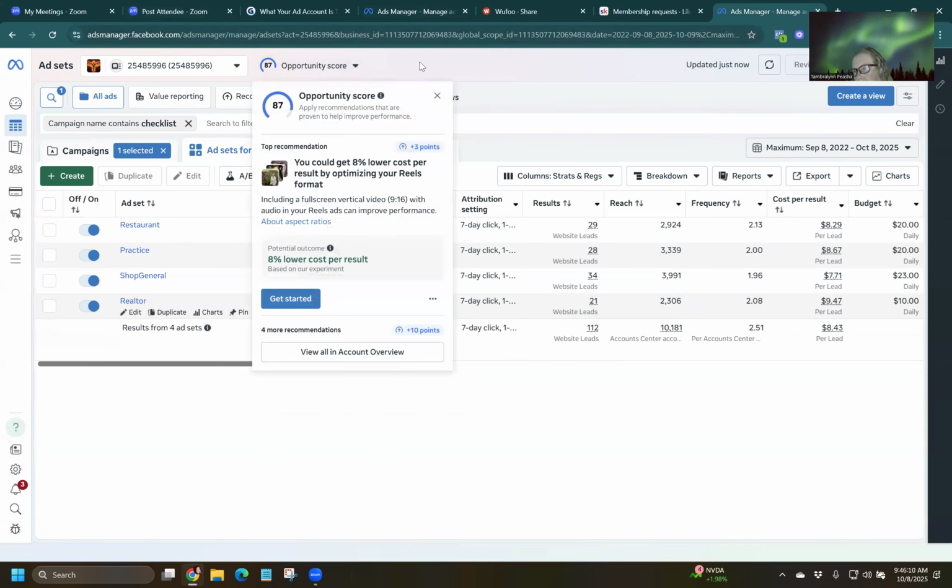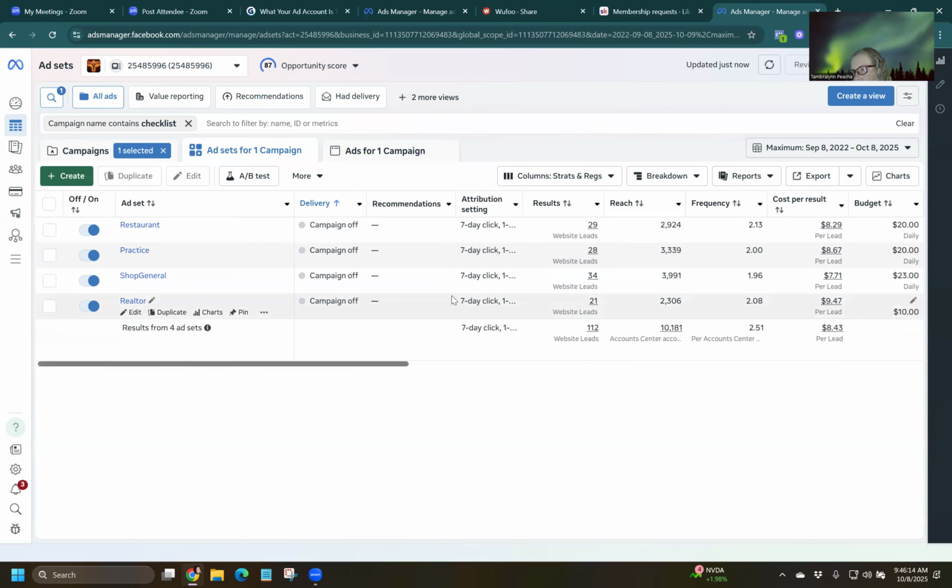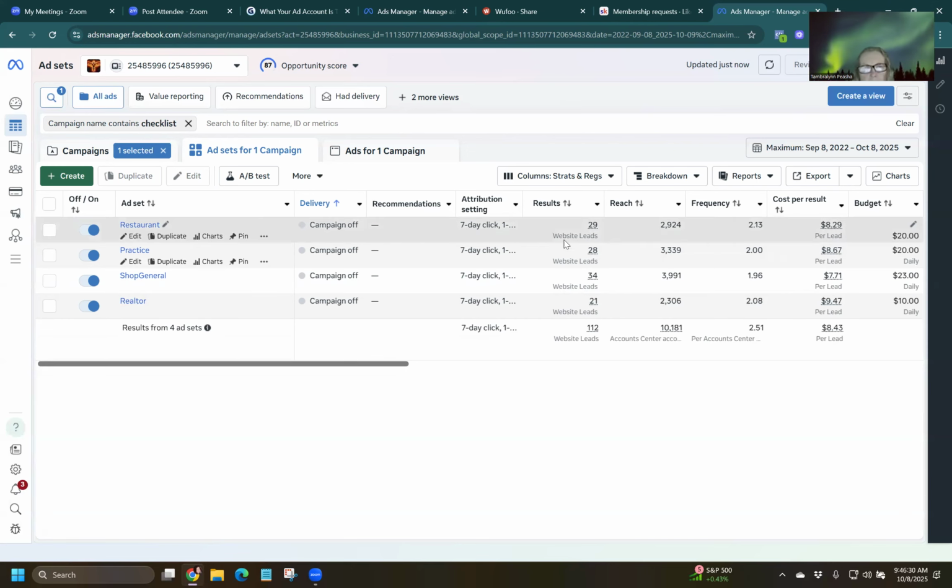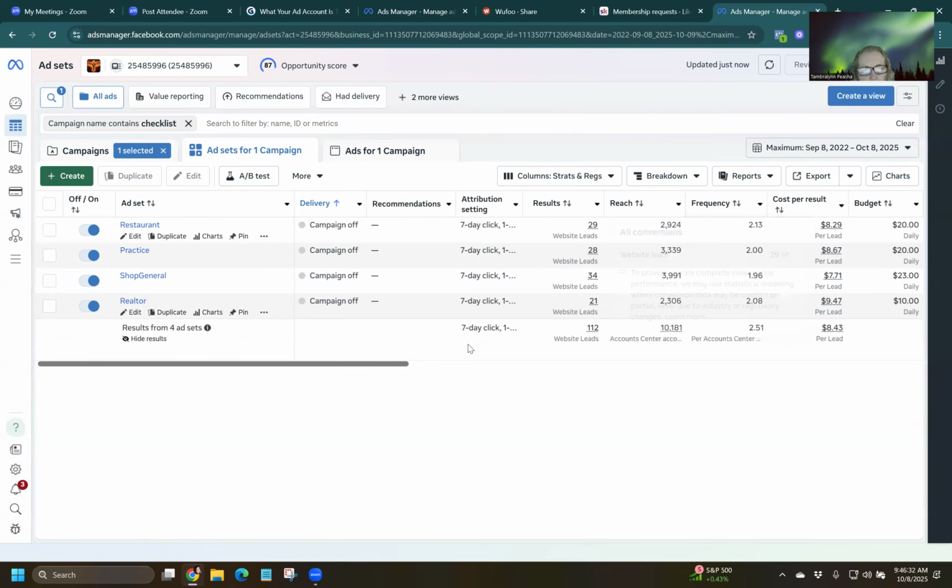Because remember, Facebook always wants to keep people on Facebook. If I did this as a lead ad, which I show a lot of you, that's like the first ads that we do, I bet these would be even half this cost if I had kept the lead on Facebook through a lead ad. This is a conversion ad. So they're going to a website, entering in their information, versus using a lead ad where they're opting in on the ad.